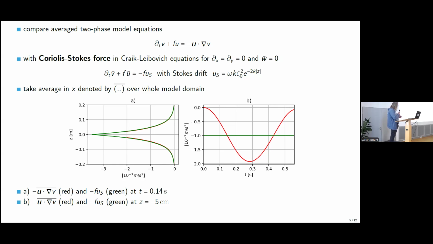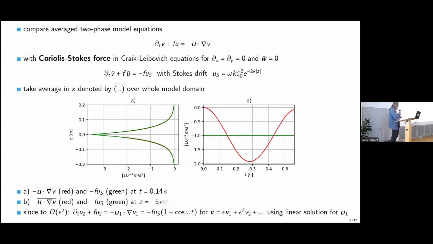If you do it for other times, the Stokes average Reynolds stress, which is the red line, looks like this, like a 1 minus cosine function. If you average, then it's the green line. This times S, which is almost the same. But the Stokes Coriolis force has this variation in time. But this is what we expect from